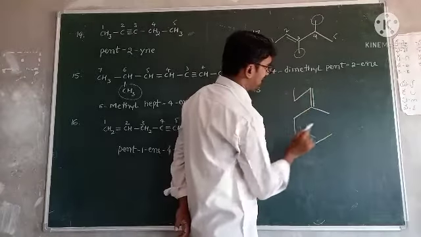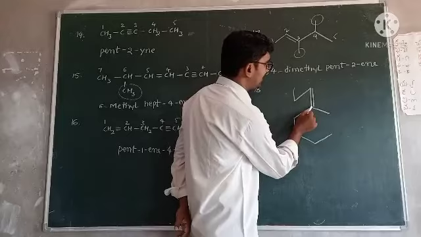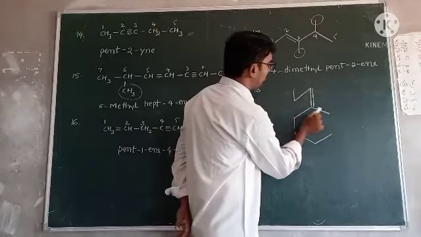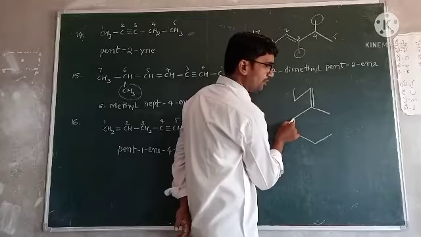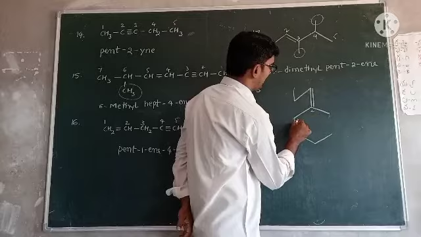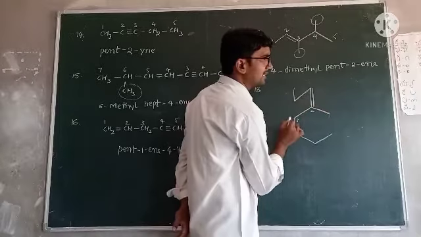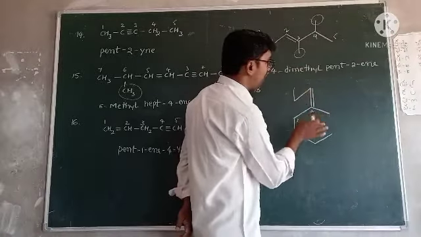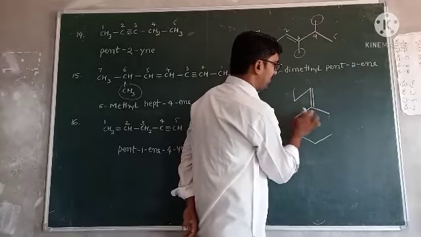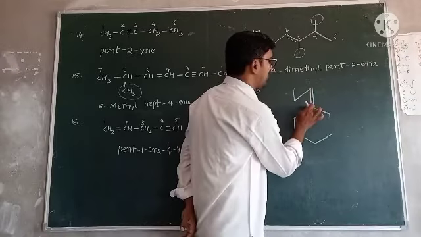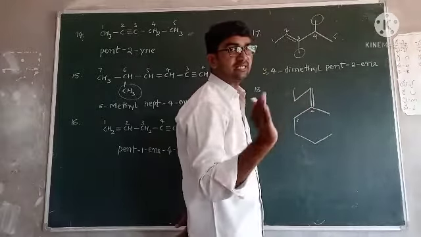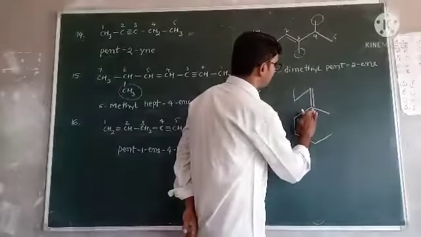But some students expected 1, 2, sir, here attached, sir. But we have to follow this one like that. Don't go like this side. Okay, very important. Some students use numbering like that, 1, 2, 3, and at 2nd position double bond attached, sir. The double bond follows the number 2 and 3. You have to follow like that. But here there is no double bond. Just attach one carbon only. But in the numbering, the 2 carbons must be present in that numbering. Okay, so this is the wrong number.